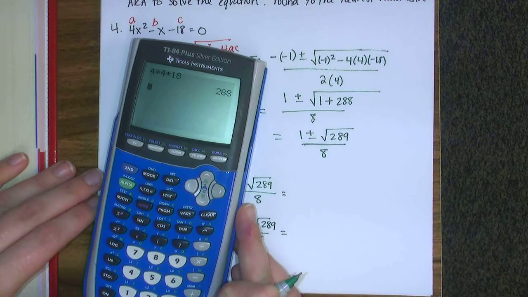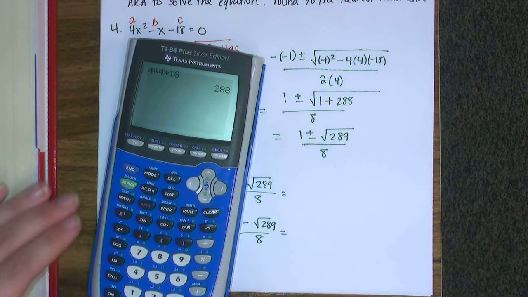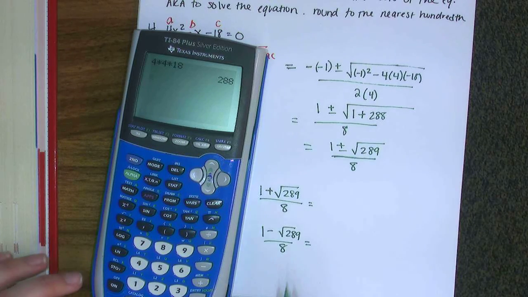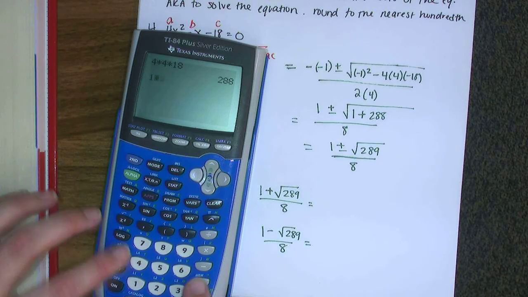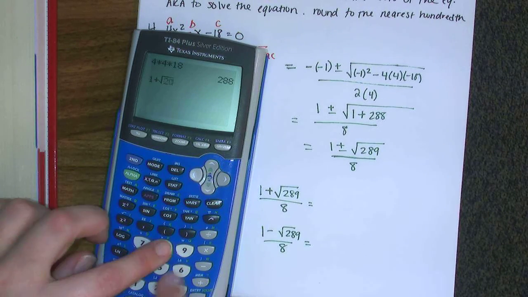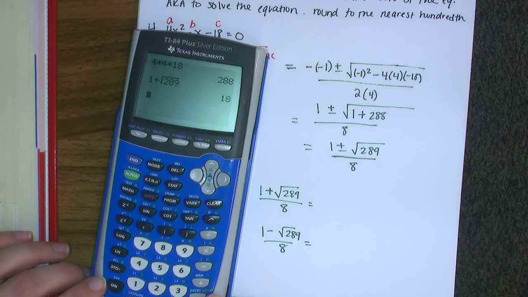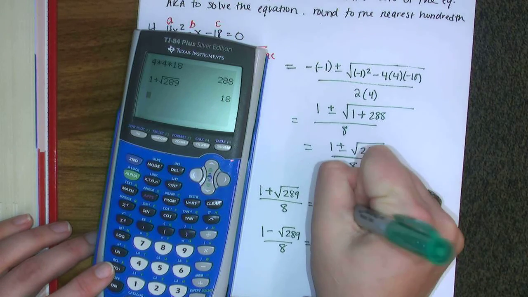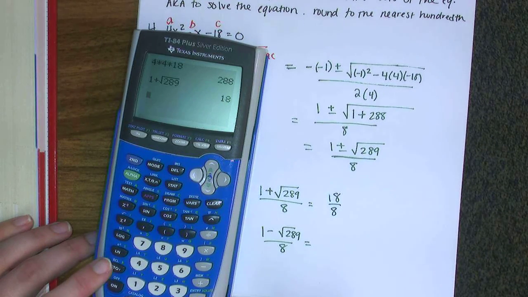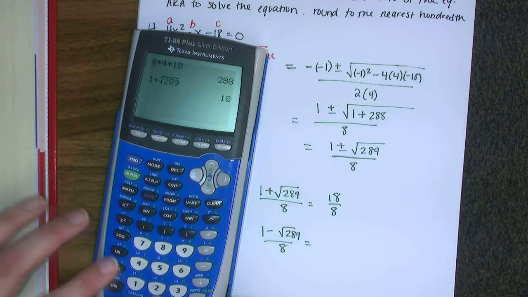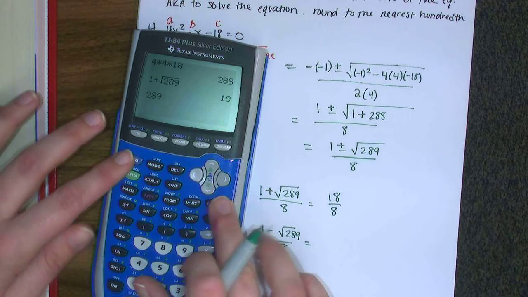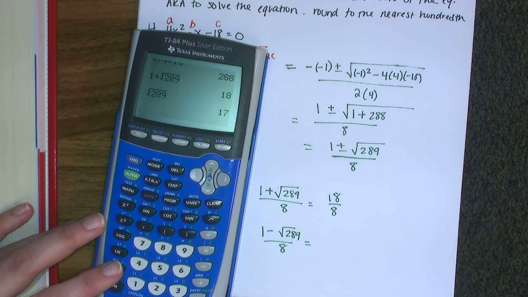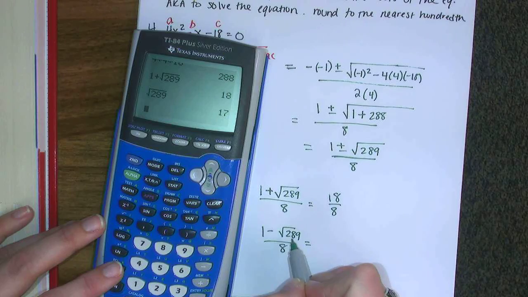See if I can do it on this side and make it readable. Alright, so I have 1 plus the square root of 289 over 8. So 1 plus second square root, 289. Okay, I'm going to go ahead and get that answer, which is 18. So that's going to be 18 over 8. So I guess the square root of 289 is something we should know. Just curious what it is now. Making sure. Oh, 17. Now, technically speaking, since I know that, I can just do 1 minus 17,